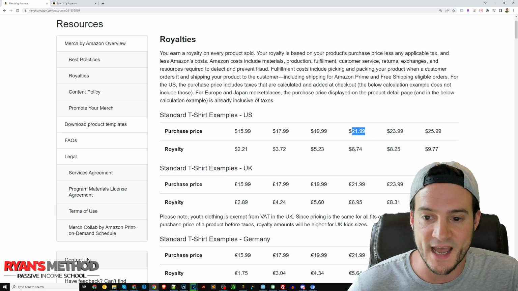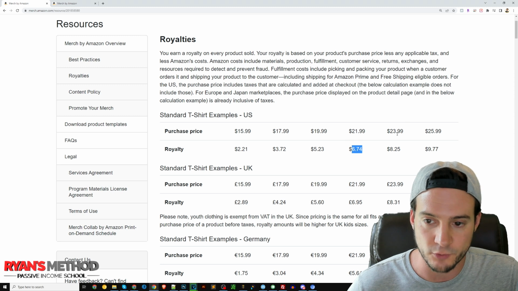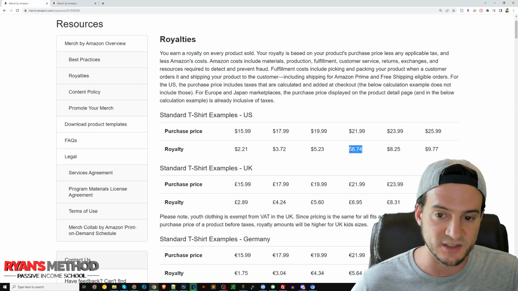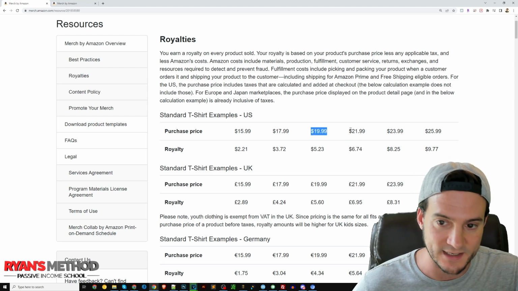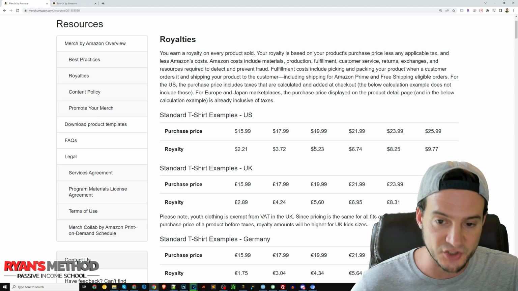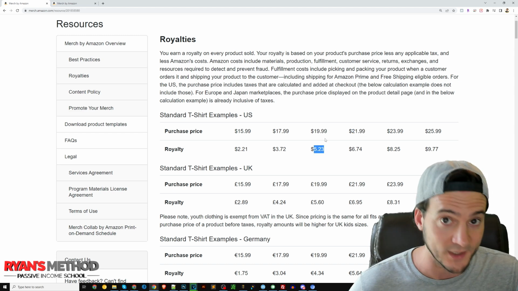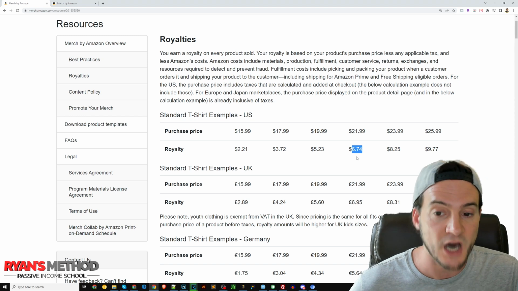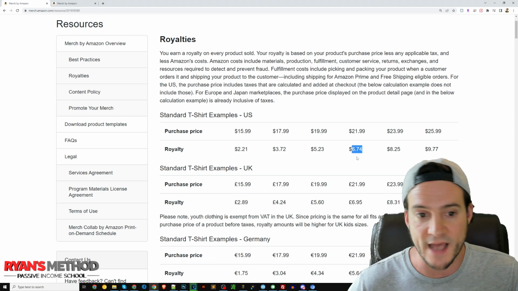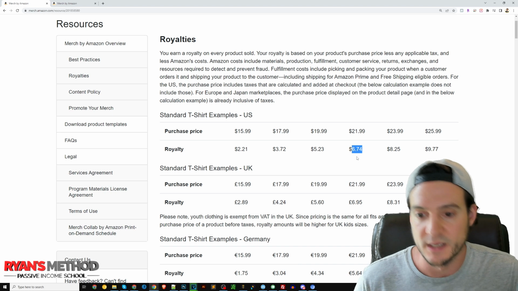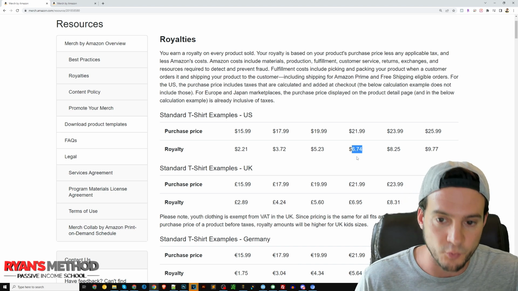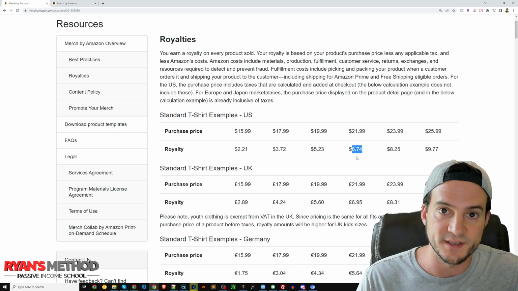$21.99 if you were to price at that, $6.74 would be your royalty. Notice the royalty doesn't just jump up. Like when we go from $19.99 to $21.99, it doesn't just go from $5.23 to $7.23. Merch by Amazon's cut scales as a percentage. I don't know the exact formula, but it clearly scales as a percentage with the increase in our price point,